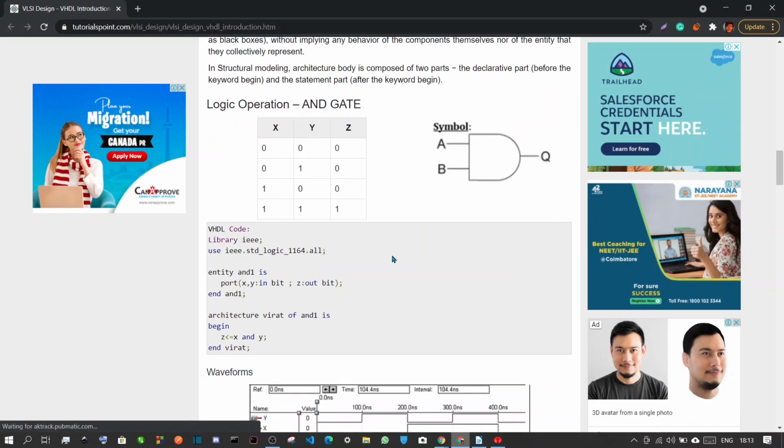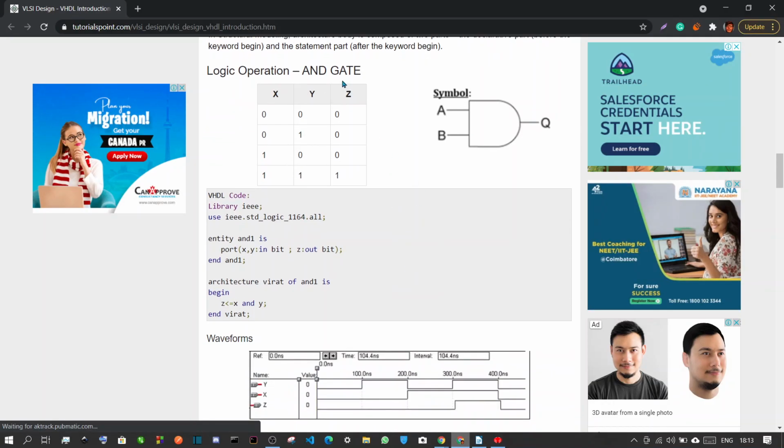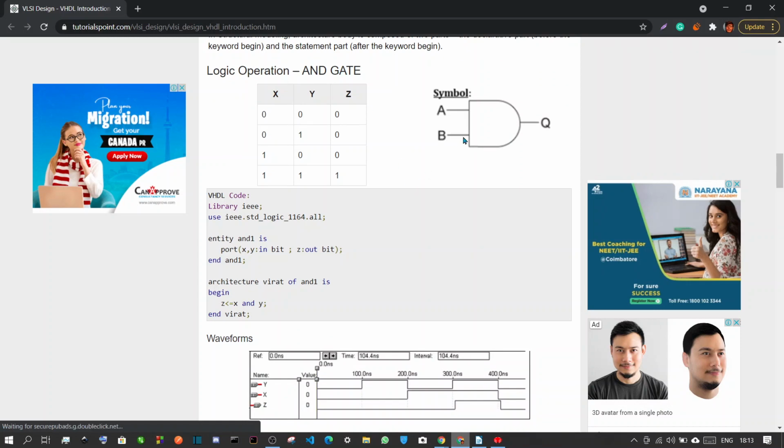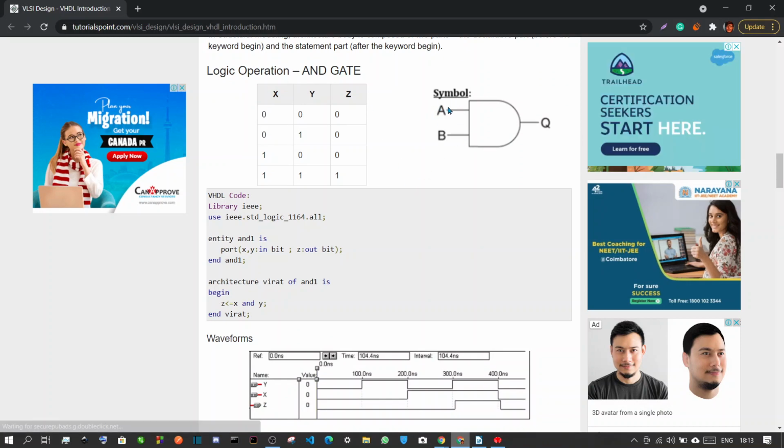So we have the logic operation of AND gate as there are two inputs. First one is A, the second one is B, and we have an output of Q. So we have two inputs and a single output. The truth table of this AND gate looks like this. When both inputs are 0, the output is 0.